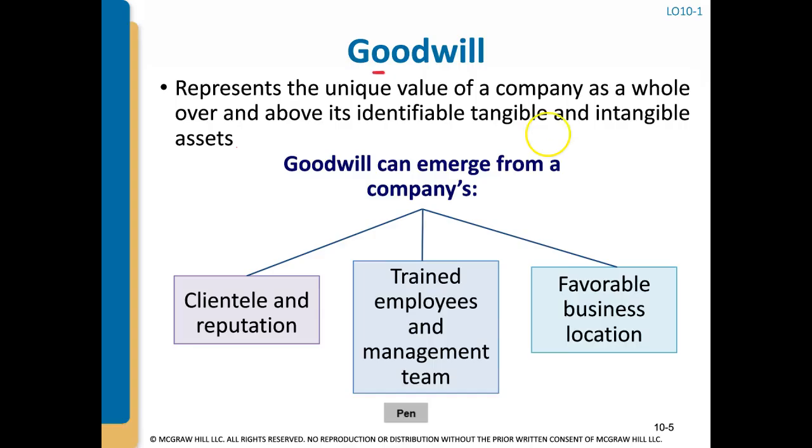Goodwill is another type of intangible asset, and goodwill represents the value of a company as a whole, like you take a whole company, over and above its identifiable tangible and intangible assets. So when you look at, let's just say, Apple, right? If you look at all of its identifiable tangible and intangible assets on its balance sheet, and you add those all up, the value of Apple is much larger than those assets on their balance sheet. And that goodwill is